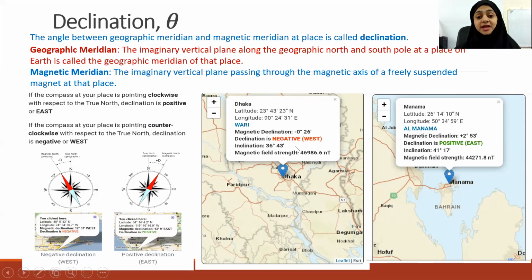So when we say that the magnetic declination at Dhaka is 0.5 degree west, it means that the magnetic meridian is rotating counterclockwise or anti-clockwise with respect to the geographic north. Sometimes they may ask in question B, what do you mean